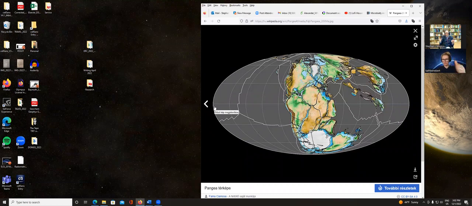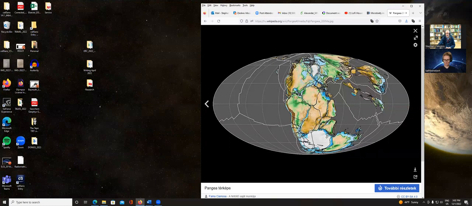Okay, so you should see a map of the Earth, but it's a really weird looking Earth, right? You can see some of the outlines of familiar land masses here. Here's Africa, for instance, the largest, oldest continent on the Earth. Here's Antarctica. Here's Australia and India, sandwiched between Africa and Australia.